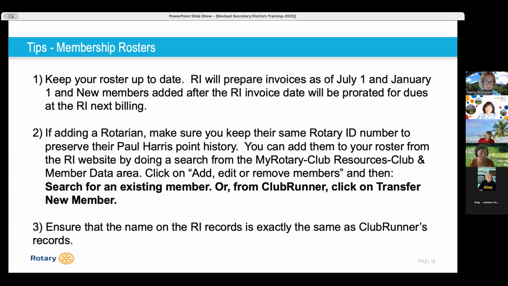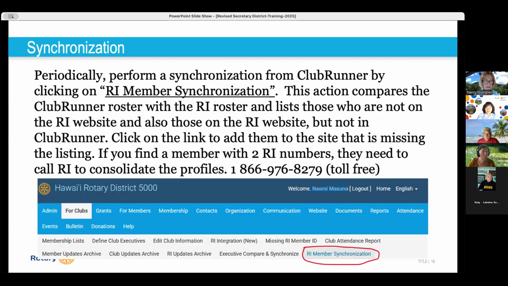Okay. Thank you. Okay, so I think we have a screenshot coming up about this if you're adding a Rotarian. Oh, here's the synchronization right here. Okay, so right here, you can see on the screen, it says, welcome, Naomi. That's because she has logged in as member login in order to do this screenshot.